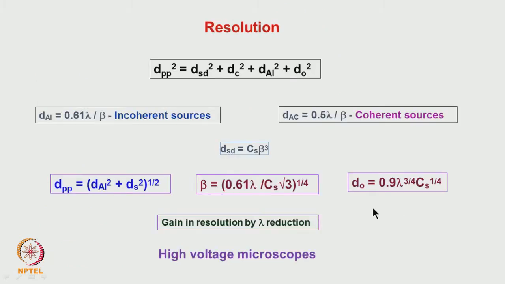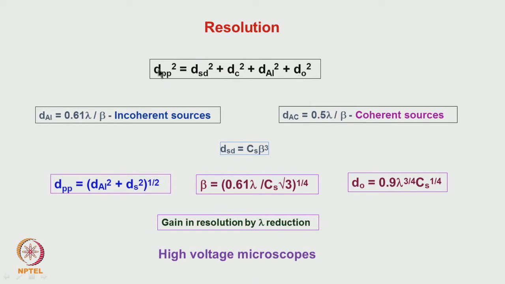Finally, when we consider the resolution, we have to consider the total resolution, that is what is called the point to point. Now, what is the spread which it is going to cause for 2 points which are separated by a finite distance? It is decided by the spherical aberration, chromatic aberration, and then it is due to the inherent property of the source. This is the Rayleigh criterion, and then another due to a finite size of the source itself.